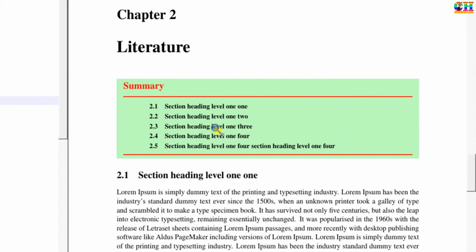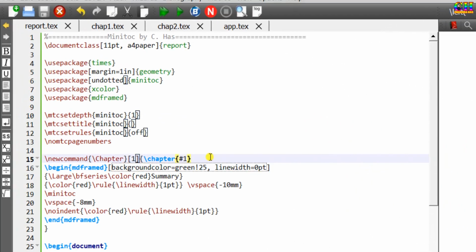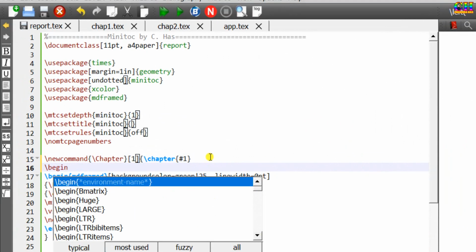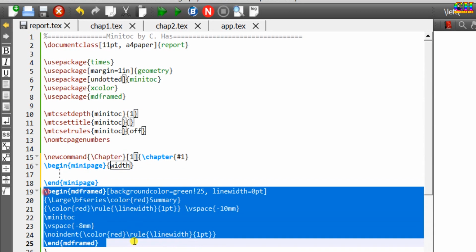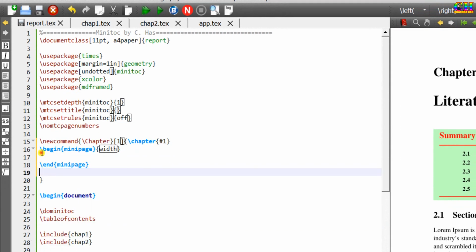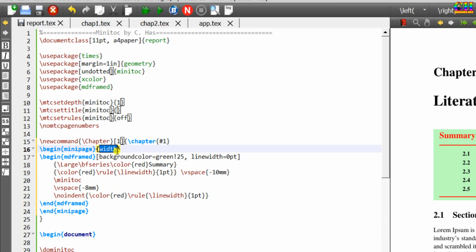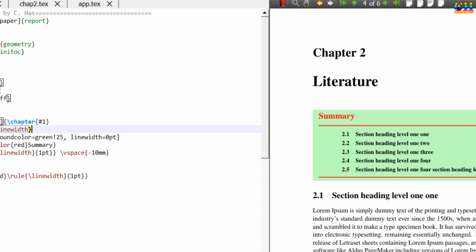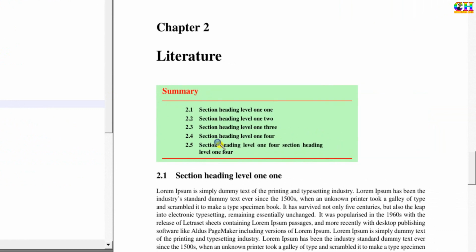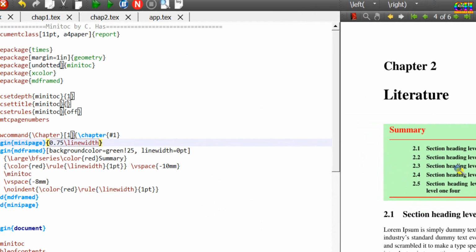It would look nice if we can decrease the width of the minitoc. We can use the minipage environment. Set the width. Also we can place the minitoc at the center of the page.